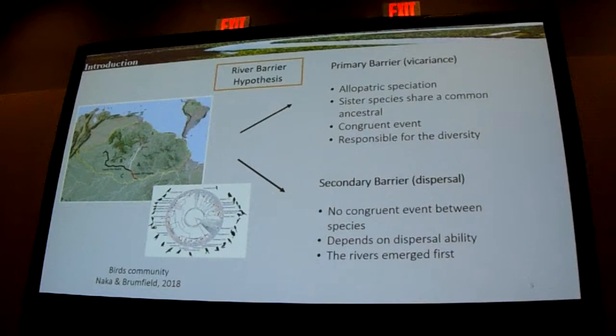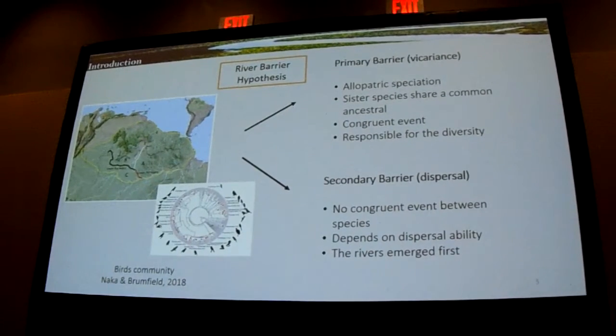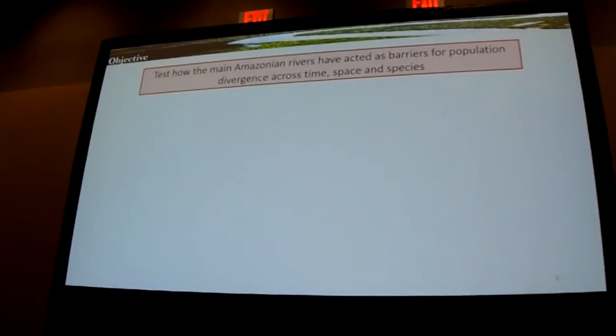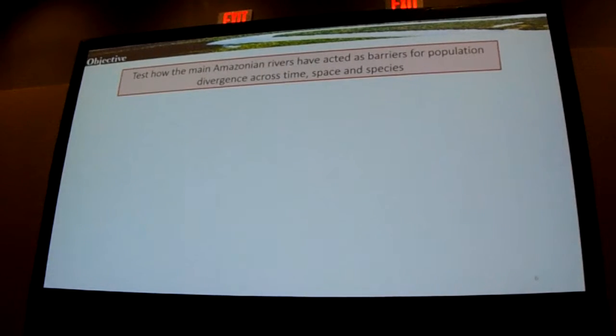With the river acting as a secondary barrier, we have a non-congruent event between the species, so it depends on the ability of the species to disperse along the landscape. In this scenario, the rivers emerged first, then the species. So the goal here is to test how the main Amazon rivers have acted as a barrier for population divergence along